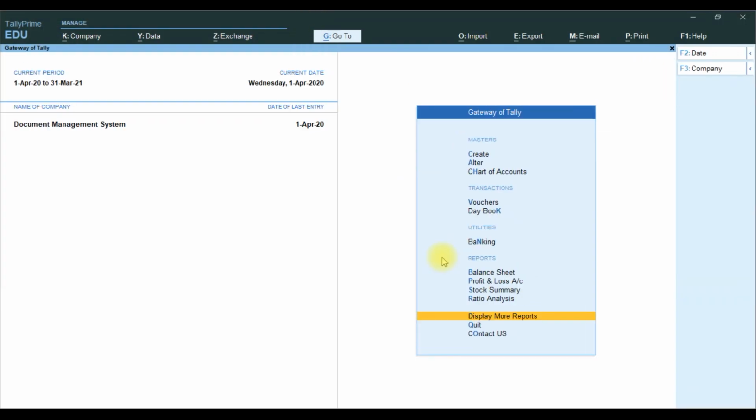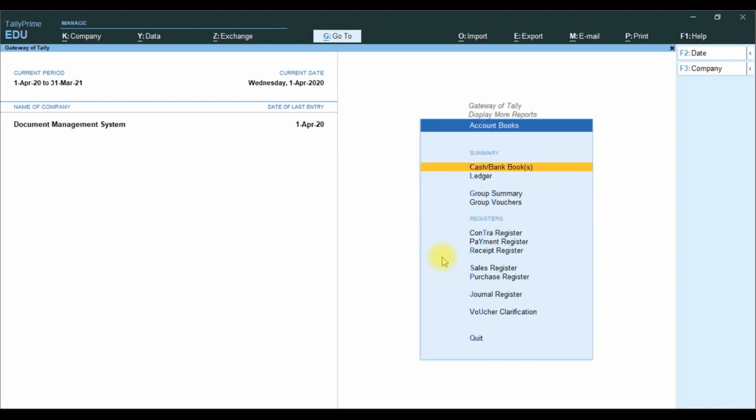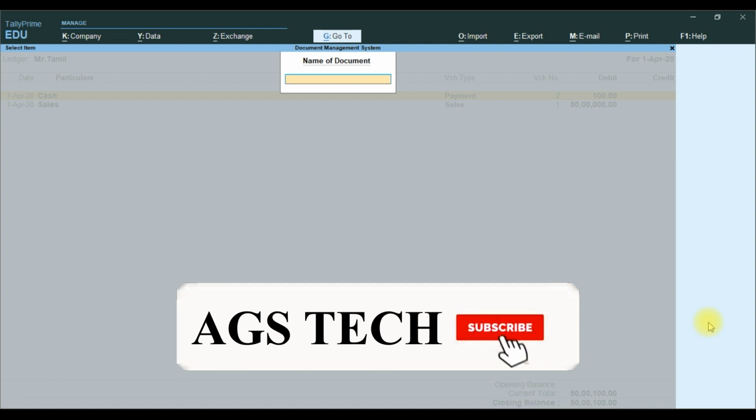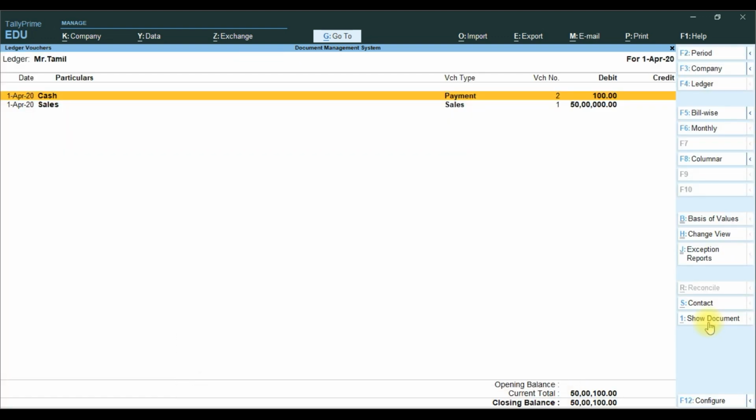Then we go to display, account book, ledger, Mr. Tamil. In display account book, ledger voucher, we also have the option. If you are not selecting the line and you press show document, it will not display any line documents. We need to select the line.